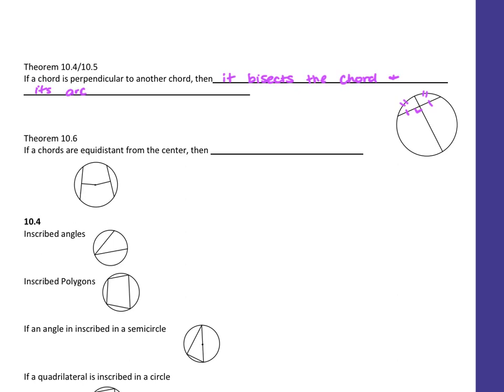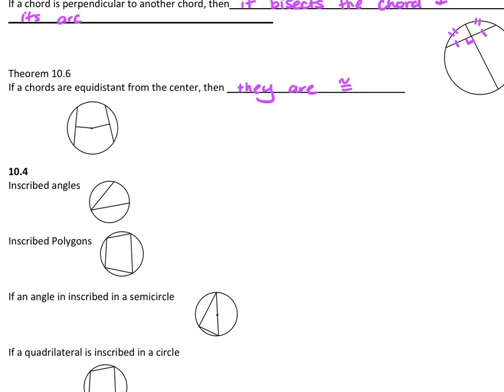And vice versa. If those are congruent, then the segments are perpendicular. Theorem 10.6 said if chords are equidistant from the center, then they are congruent. So if we look at this diagram that's under here,